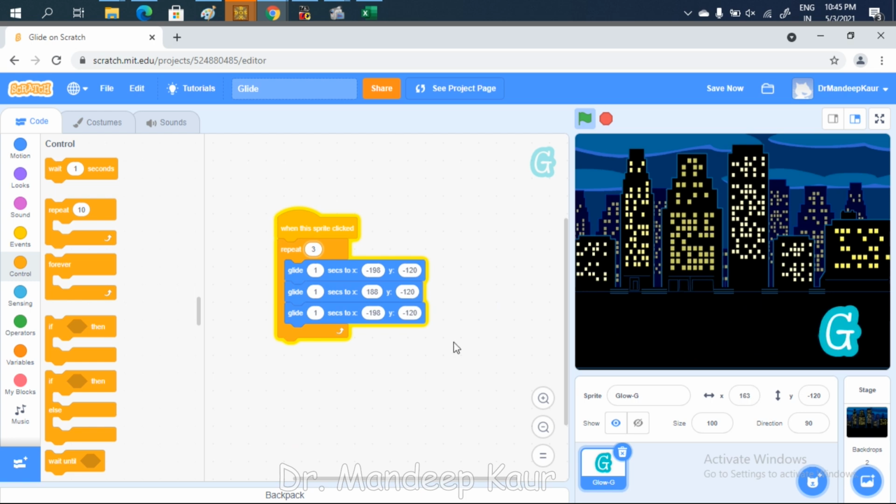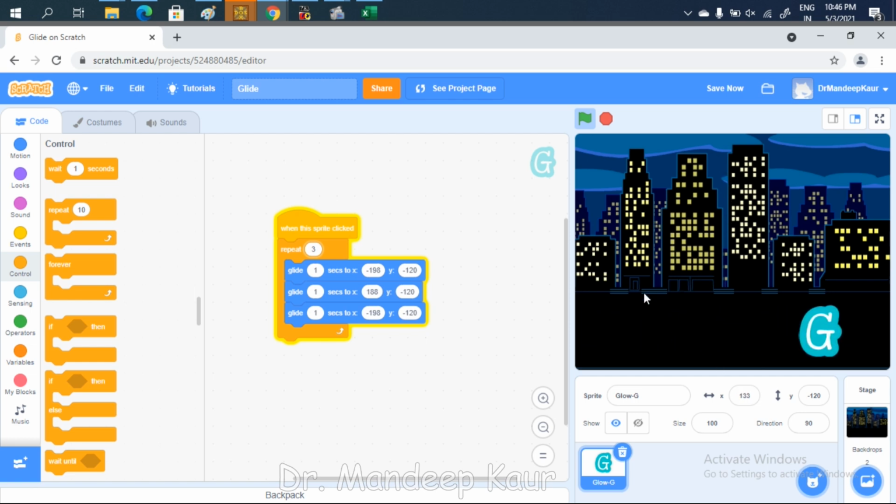So this is how you can have this sprite. And if you want to move it from bottom to up, then you have to make x a static coordinate and change your y coordinates.